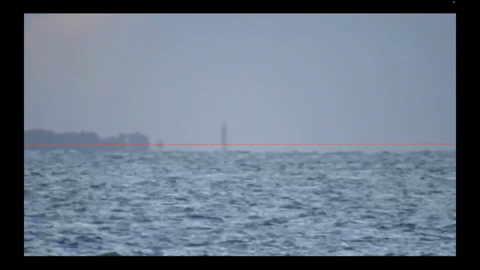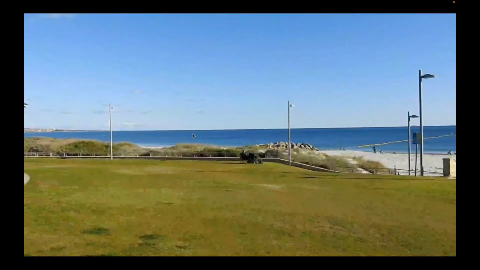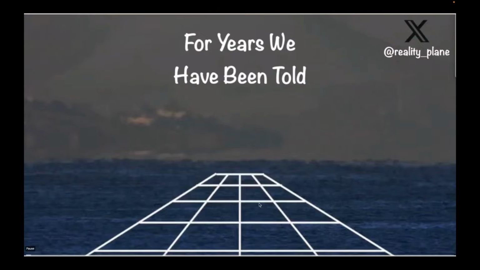So this is one of Wolfie's observations here. Now, as you can see, there's an inferior mirage there. And he turns and says, this isn't the one that was just on, but this is a different one. He basically claims this shows the curvature of the Earth perfectly. The lighthouse is touching the water. And this is 12.3 miles away, and he is 6 feet above sea level. Right? So if we go back to here, on this day, I'm 20 feet above sea level, but this is 14 miles away.